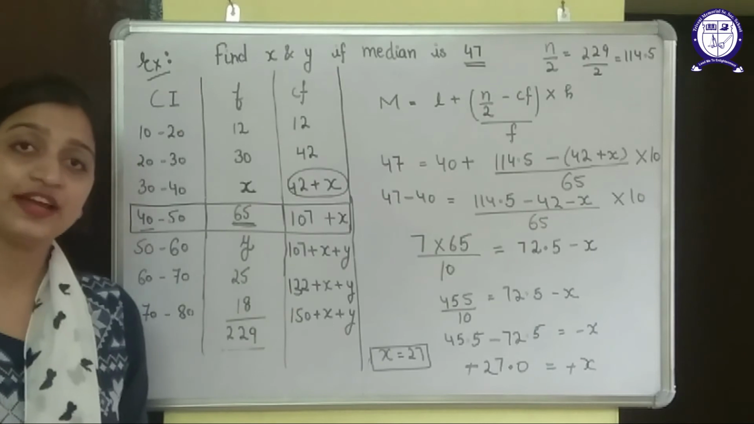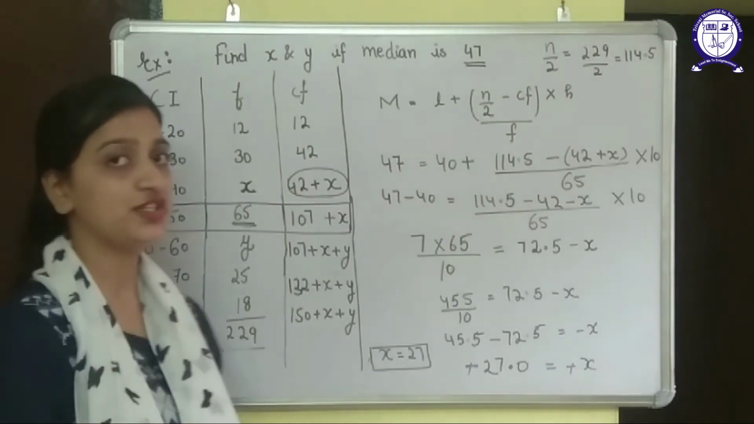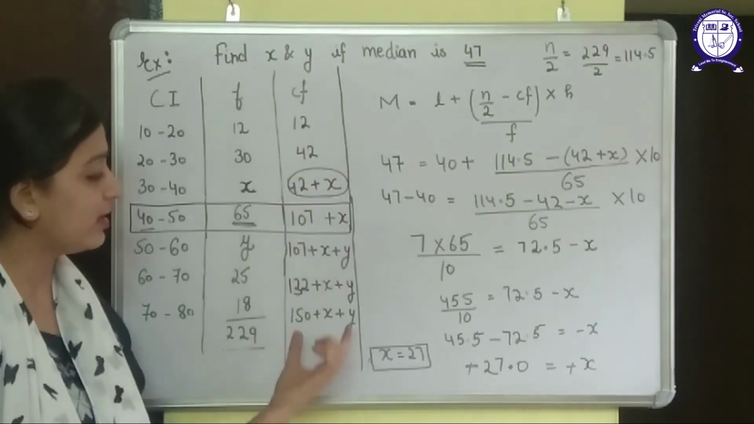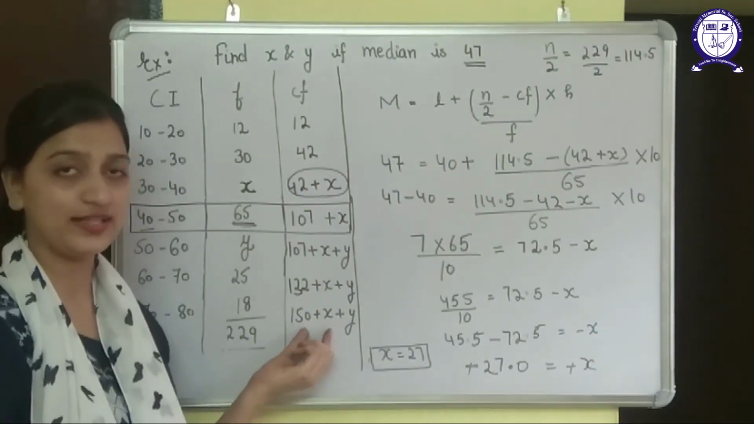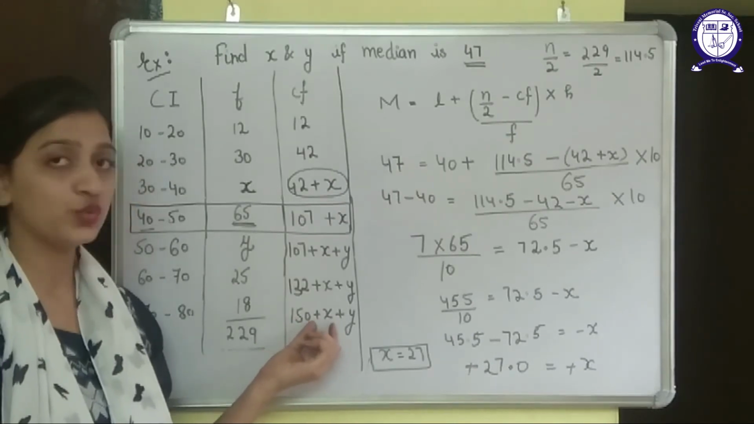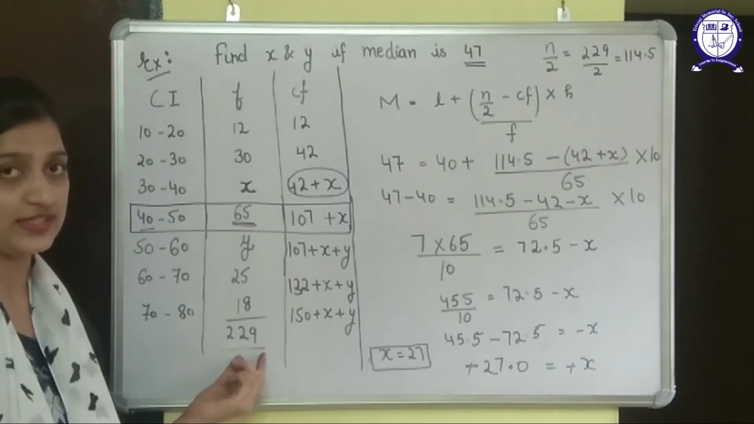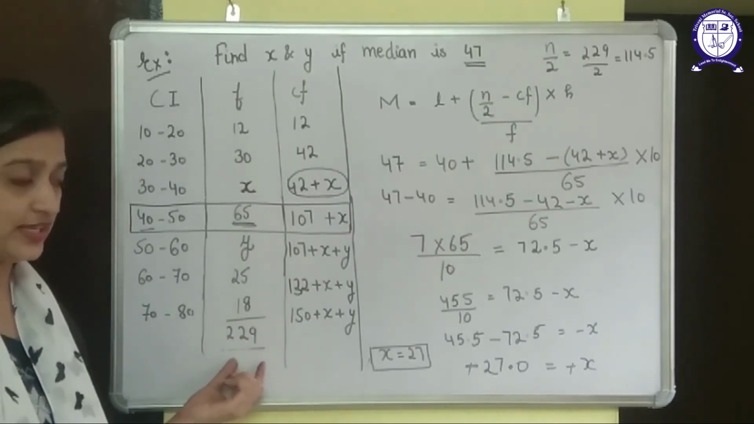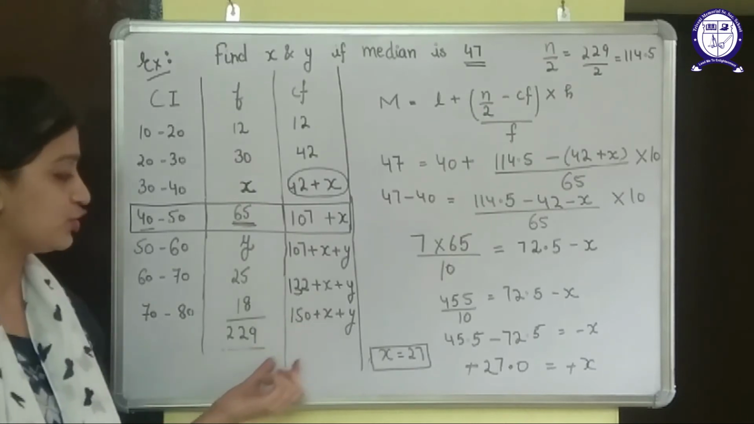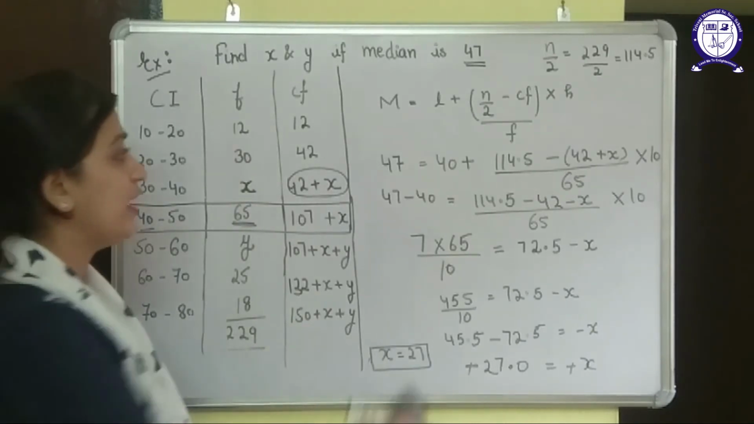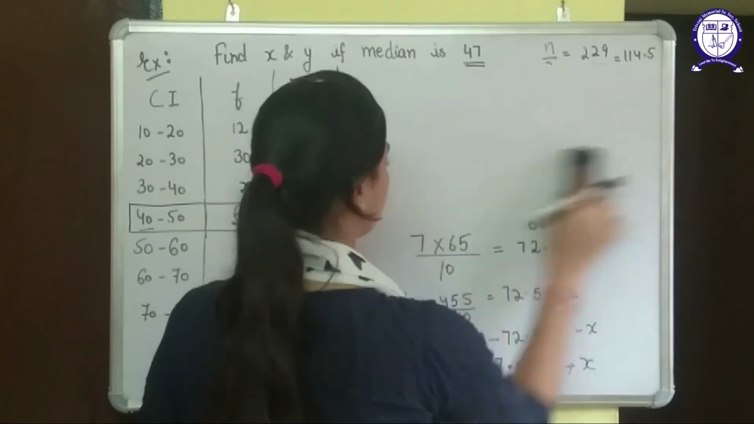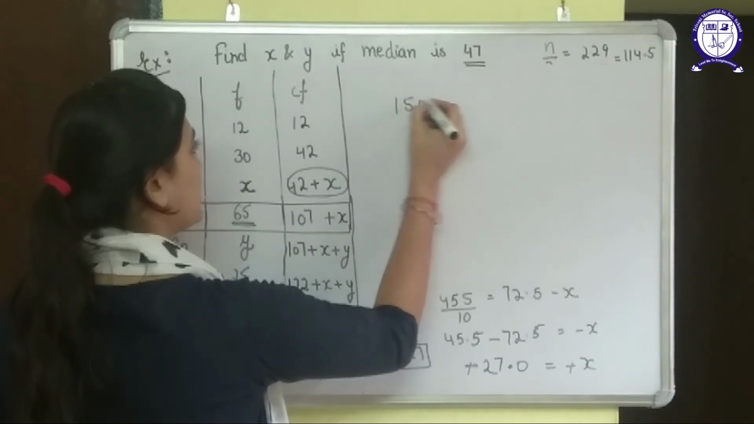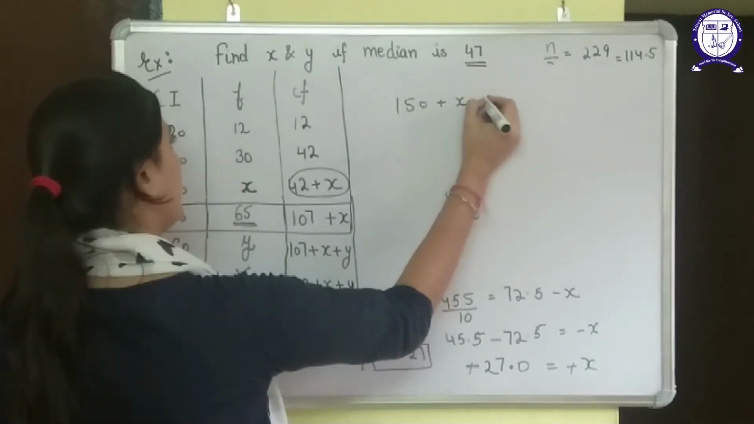So how will I find y? Now in the median question I have told you one thing, that the last term of the cumulative frequency is always equal to the sum of frequencies, right? The last term is always equal to the sum of frequencies. So I will put these two terms equal. What have I got? 150 plus x plus y equals